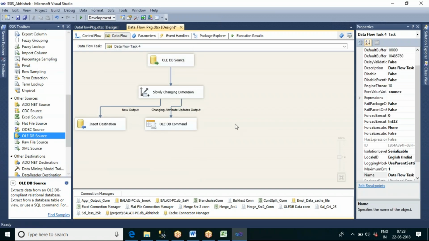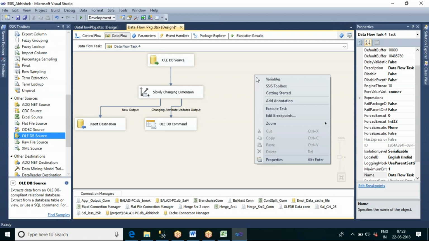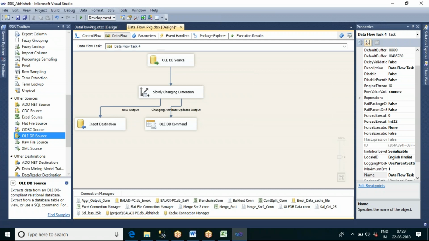Now let me execute this task. Now we can see we have changing attributes as well as fixed attributes. Fixed attribute changes are not accepted. For changing attributes, it will go and update the existing data in the historical database also.